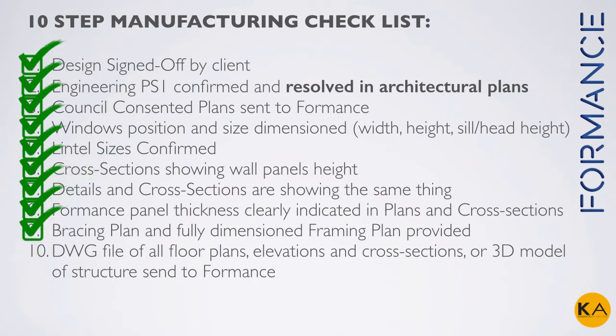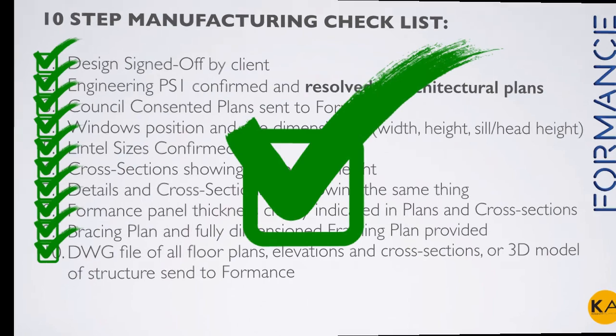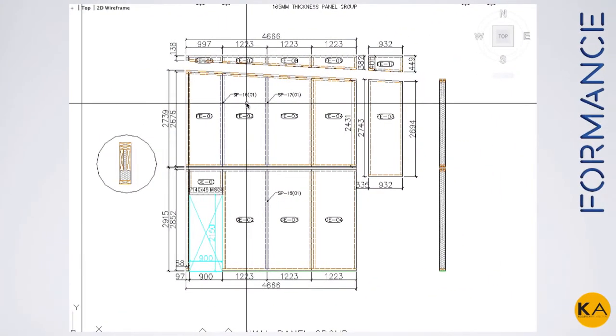We need a bracing plan and a fully dimensioned framing plan provided. And ideally, we would have a DWG file of all floor plans, elevations, and cross sections. Even better if you are able to actually give us a 3D model of the structure. This will give us an even clearer idea. And if we have those, we're good to go. We will be able